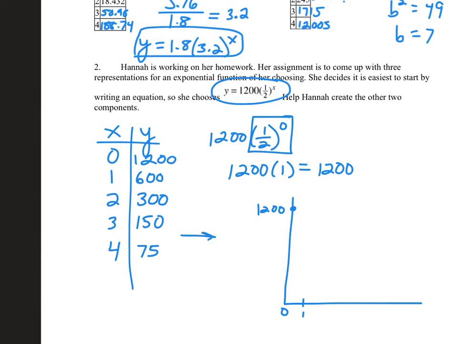And if we transfer this to a graph, on the y-axis, if you see I cut that 1200 in half, and then I cut that 600 in half, and then the 300 in half, oops, only 150, not 1500, and the 150 in half, you can see this halving happening on just the y-axis, so you can kind of see it in a linear fashion. Now if we add that second dimension, the x-axis,